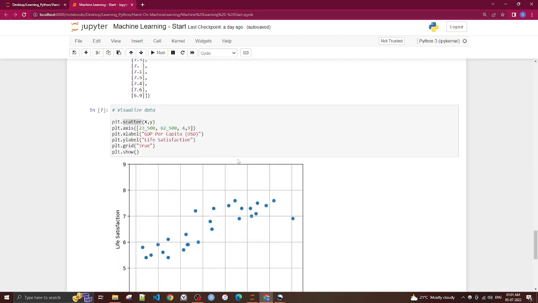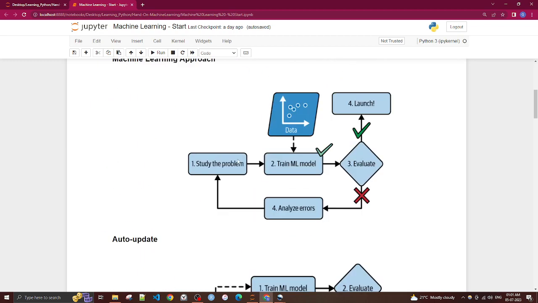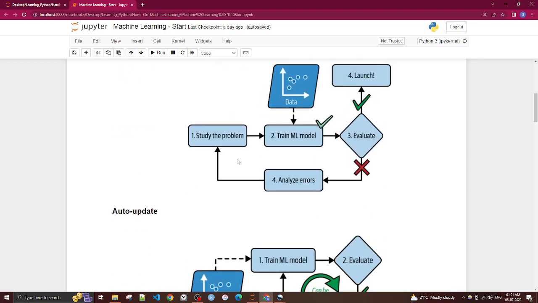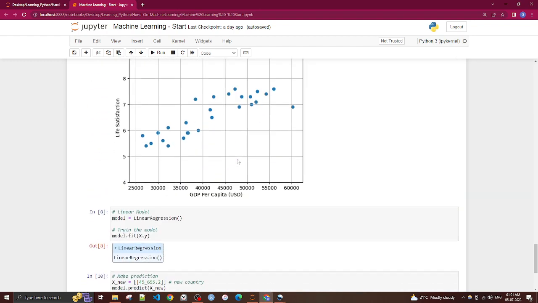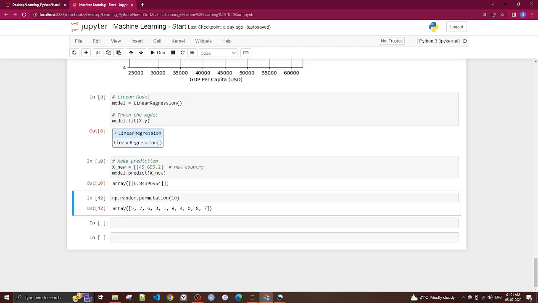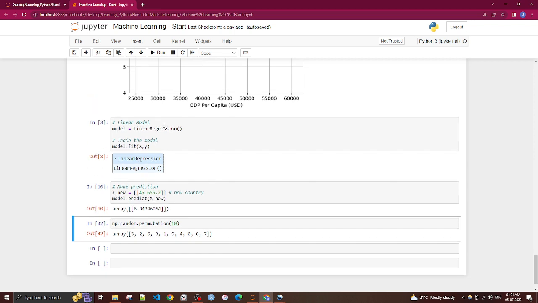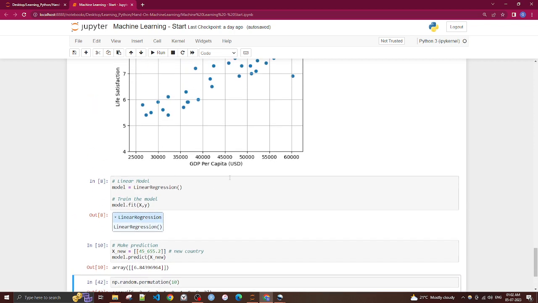So we covered what machine learning is, the previous approach versus the machine learning approach, examples, types, batch versus online, and one example. We have just seen how a first machine learning model works. We'll touch base on a lot more, on the many algorithms we have, and we'll see examples with live coding. Thank you for now.